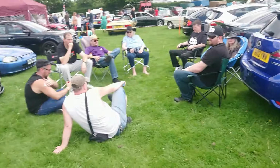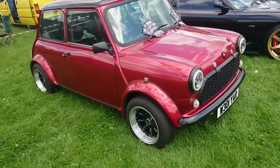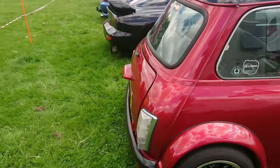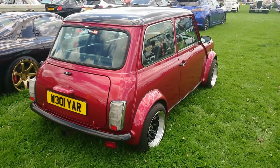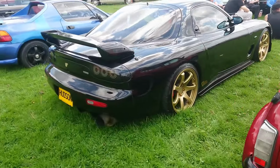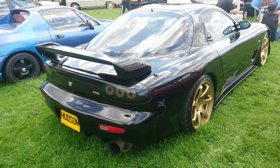I don't think you got any more power necessarily with that, but there we go. A very, very late Mini here. This is one of the very last ones with W. You do see them actually on 51 plates sometimes. It's probably a Cooper. It's been modified. And then, no, it's a nice FD RX7, but it's badged an F&E, which is